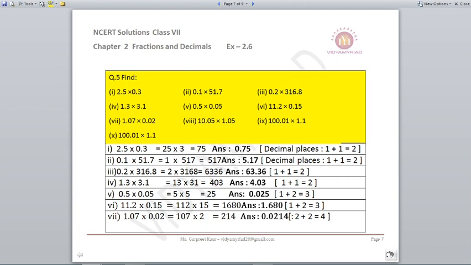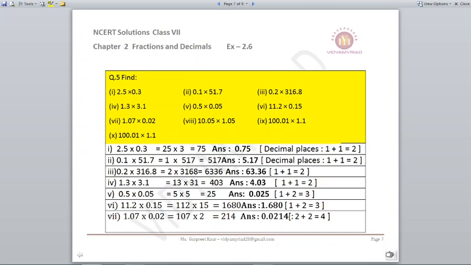Question number 5. Again here we have to multiply. Same rule we will apply. We will simply multiply the two numbers. Just count the decimal places in both the numbers and then put the decimal in your answer. For example, you have